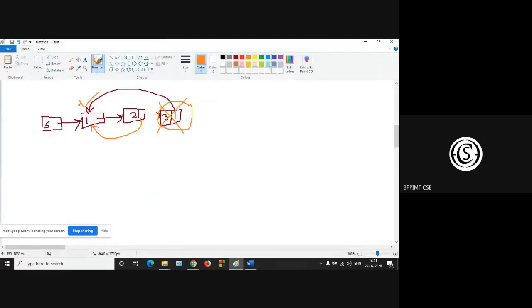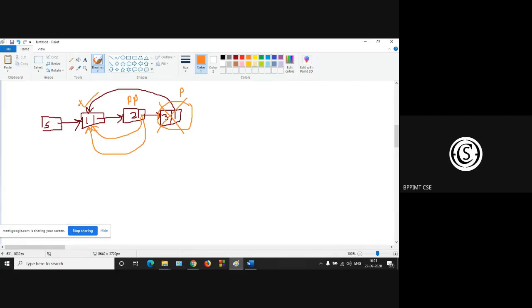Now the connection is made from 2 to 1. This is the pre-PTR, and this is the PTR. So your PTR is now at the last node, where PTR arrow next is the start one. This is the condition.